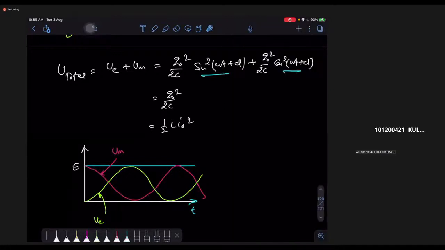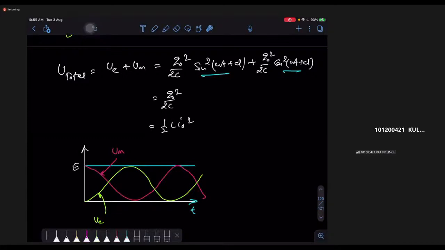Now it's an ideal situation. In this picture, we assume there is no resistance, but the resistance is always there. In this picture, we have not taken the resistance. So it's basically without friction. Without any loss of energy, without any friction effect, without any resistance effects, your electrical energy and magnetic energy